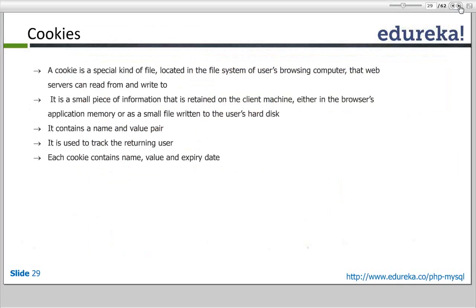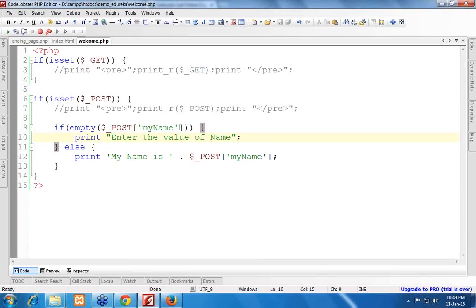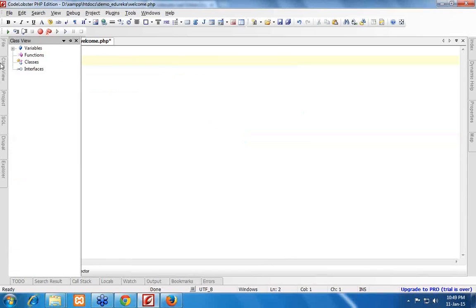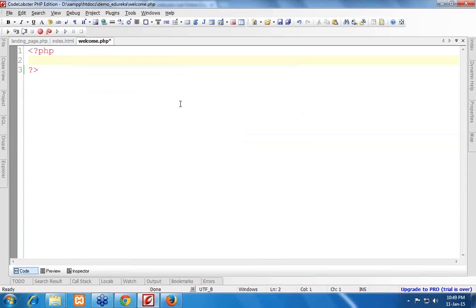Now cookies. Let's have an example of cookies. Yesterday some people had doubt about what cookies are. So now let's create a cookie and I will show how cookies can be moved to further pages. Here I will define a variable